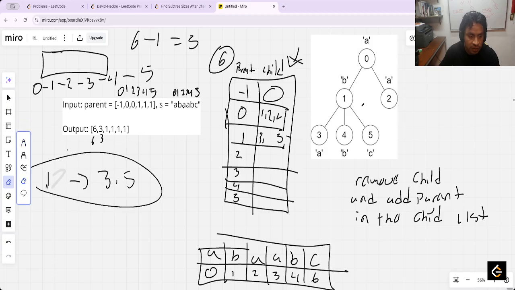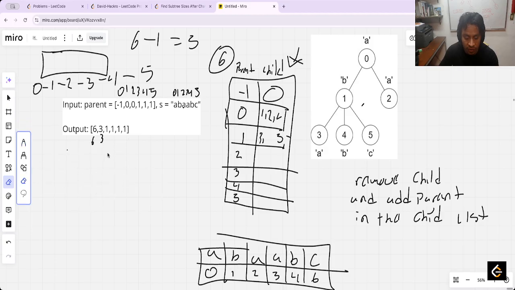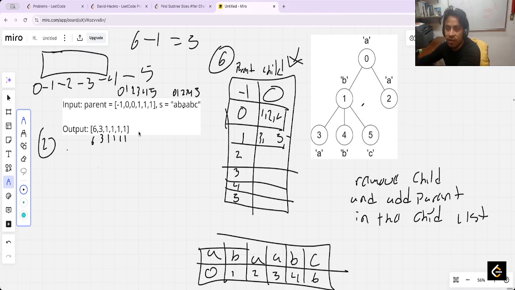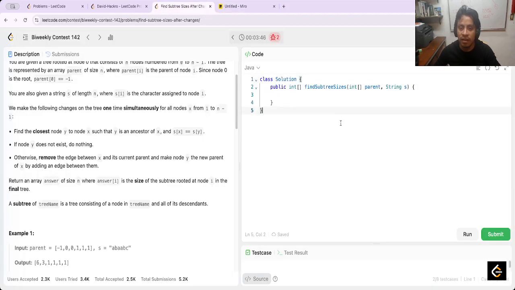Okay, now the next that is the 2, the 2 don't do anything, the 3 don't do anything, the 4 don't do anything, and the 5 don't do anything. Okay, finally. Okay, how many time I have? Oh no. I discovered